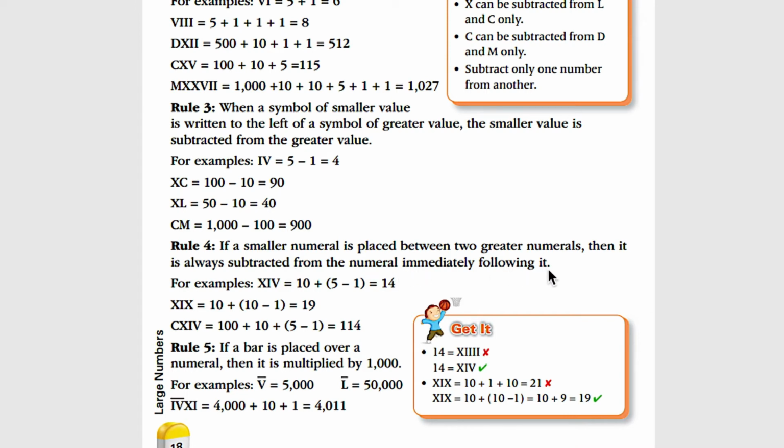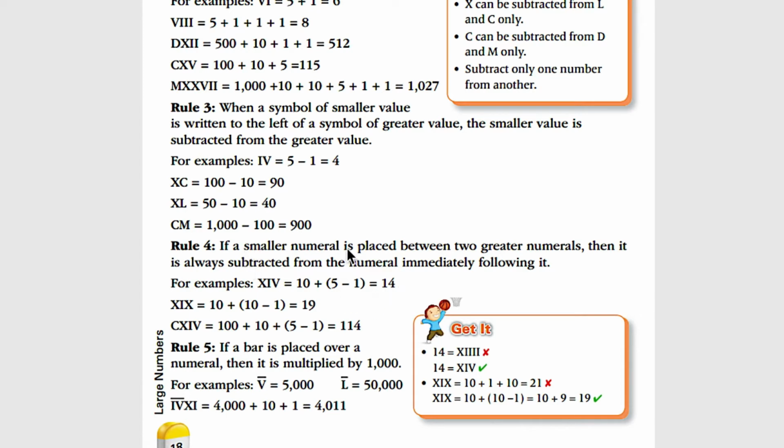immediately following it. So over here, for example, we have I, which is written between two numerals with greater value. So in this case, we have to write the value for X first, 10, then we have to perform addition of the result of the subtraction between these two. I के बाद जो larger numeral है उसमें से we have to subtract its value. So 5, the value for V, minus 1, the value for I. 5 minus 1 putting that in brackets, and the result of this is added to 10. So the answer is 10 add 4 is equal to 14.